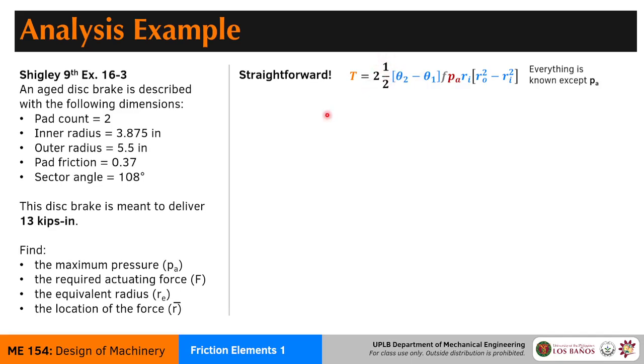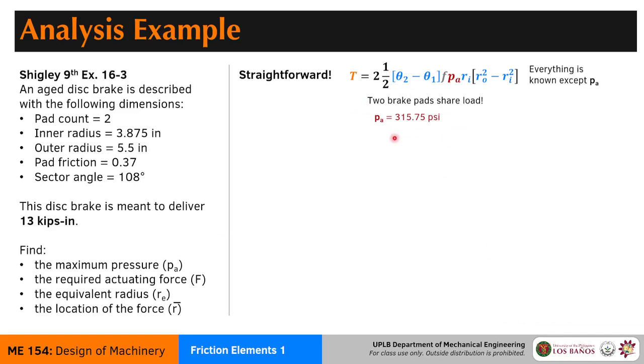Now, why is this 2? That is because the braking torque is being spread between two brake pads. So take note of that. It's not included in the equation, but you have to account for it. So the more brake pads you have, the more evenly distributed the braking torque and the force will be. So that results in actually a lot less pressure on the braking pad. So this is the pressure that you will solve.